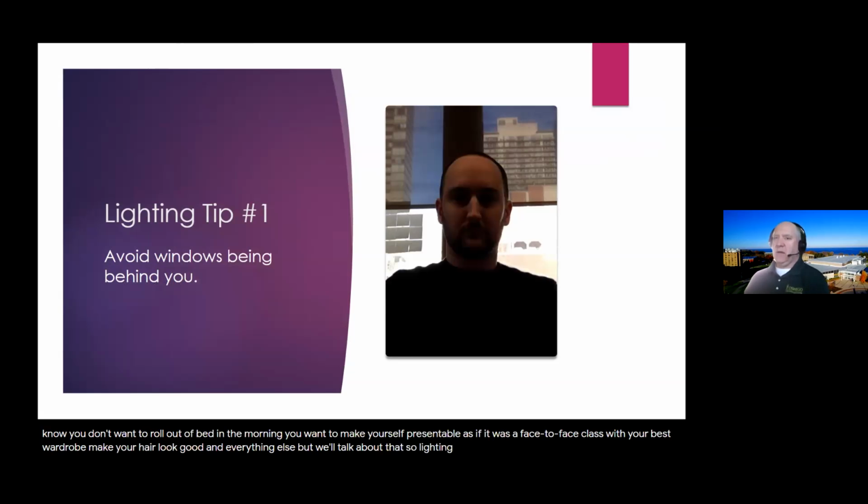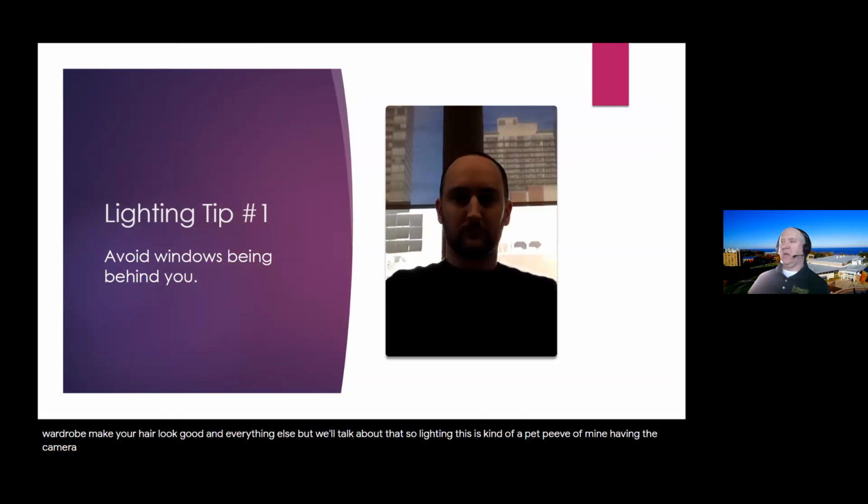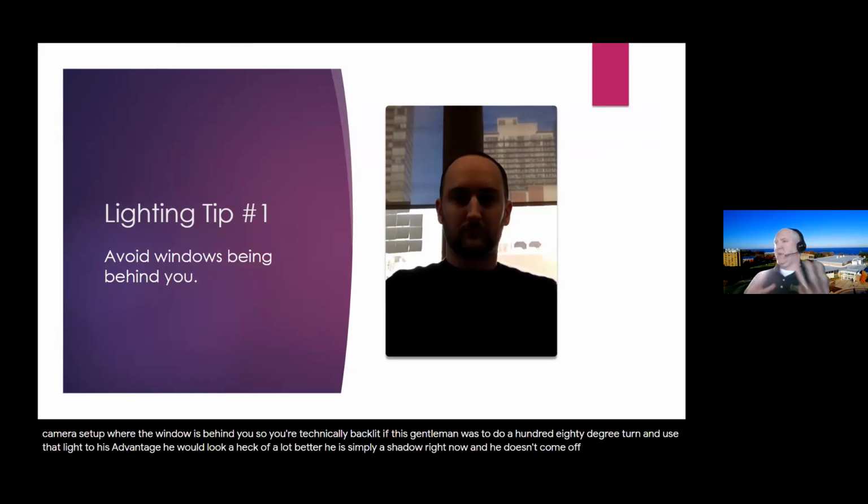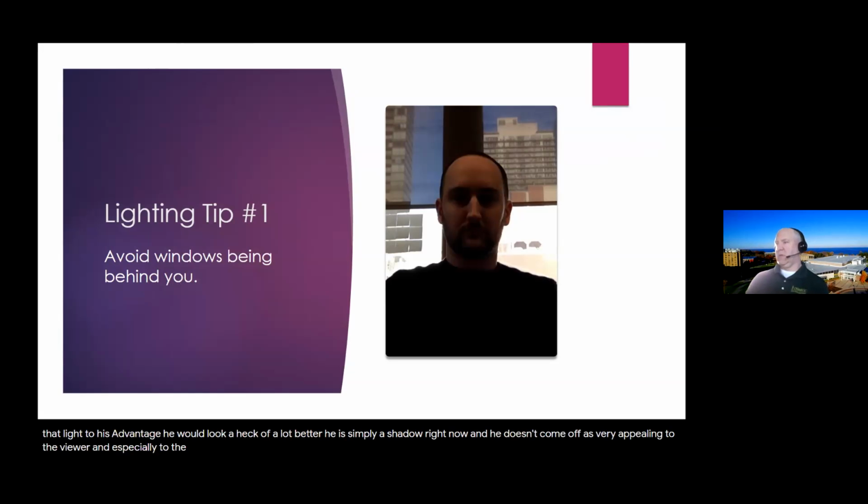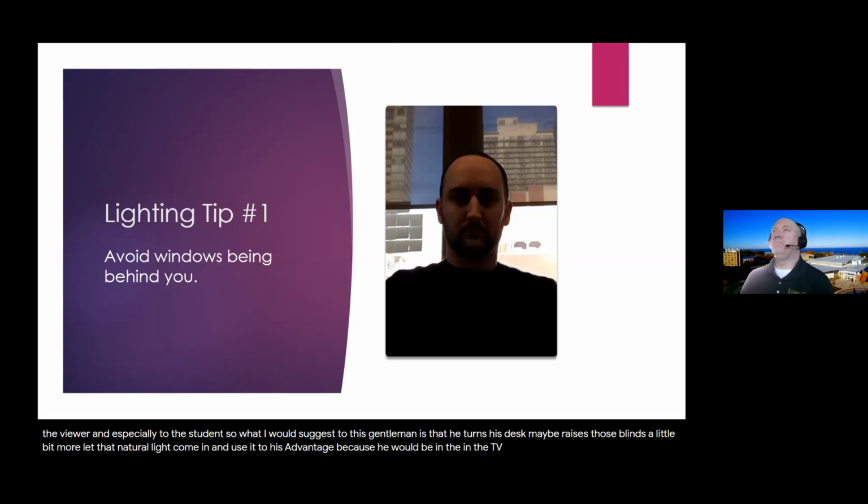So lighting, this is kind of a pet peeve of mine, having the camera set up where the window is behind you. So you're technically backlit. If this gentleman was to do a 180-degree turn and use that light to his advantage, he would look a heck of a lot better. He is simply a shadow right now, and he doesn't come off as very appealing to the viewer and especially to the student. So what I would suggest to this gentleman is that he turns his desk, maybe raises those blinds a little bit more, let that natural light come in and use it to his advantage, because he would